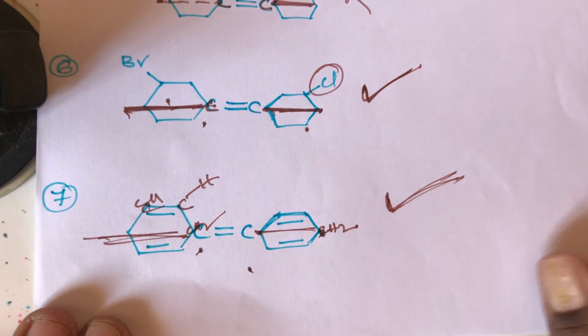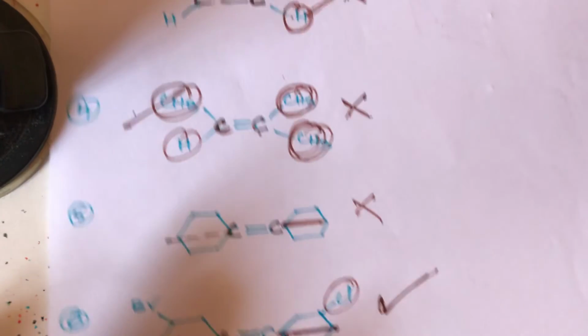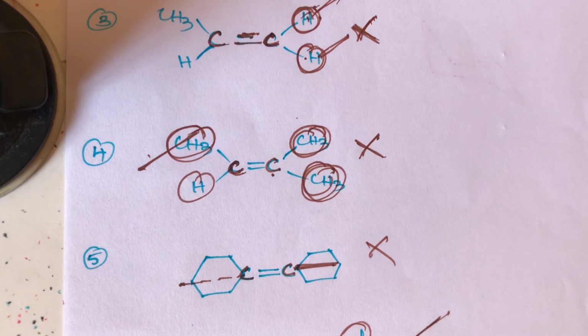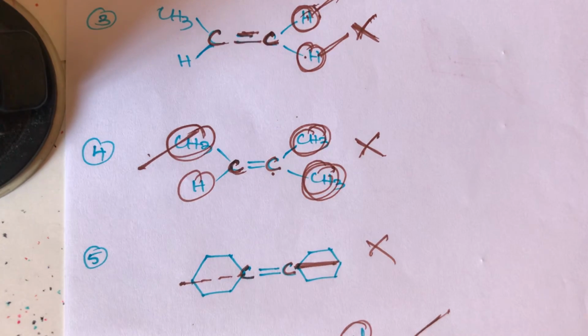important geometrical isomers. Students, geometrical isomers are exhibited in alkene systems. So in alkene systems, what are the conditions? The carbon-carbon bond must be a double bond. Next, the system must be a restricted rotation system, meaning absence of free rotation. Next, the terminal groups should be different. So these are the important conditions for geometrical isomerism.